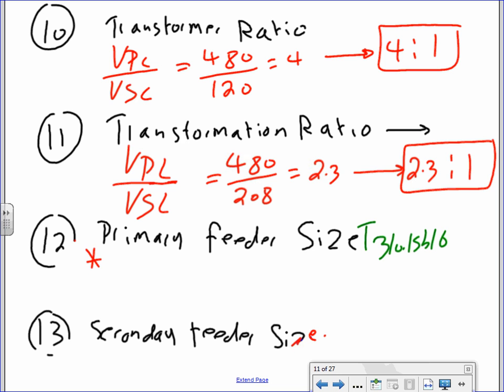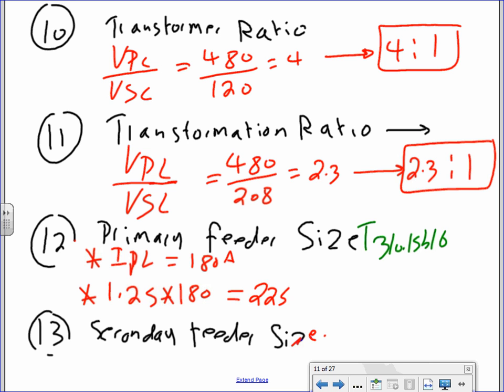On the primary feeder size, we just talked about this one a second ago. So you need I primary line. You guys remember the primary line, I primary line 180 amp. So all you have to do then is 1.25 times 180. We're assuming it's continuous load. And we're going to come up with 225 amp. Take this one, gentlemen, to table